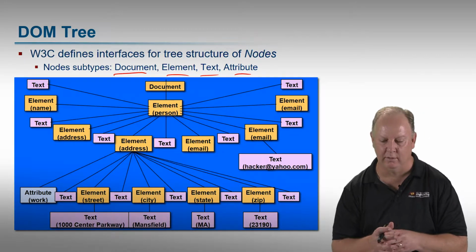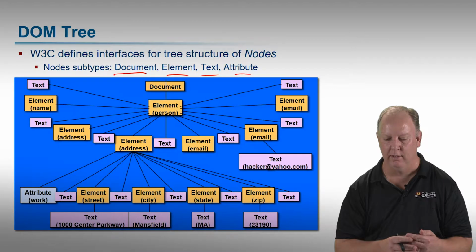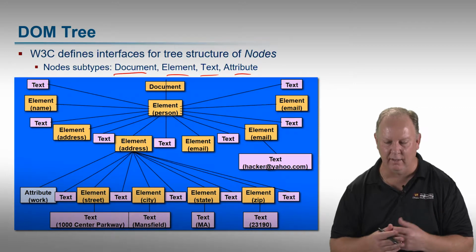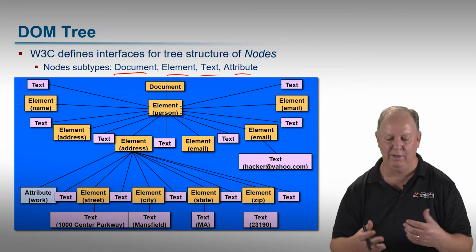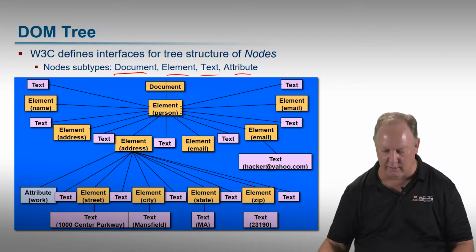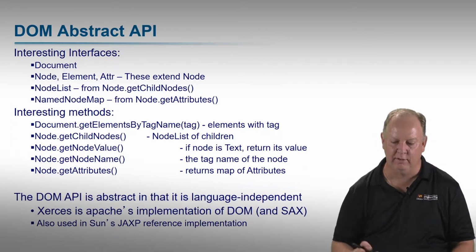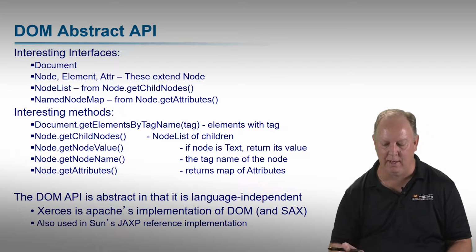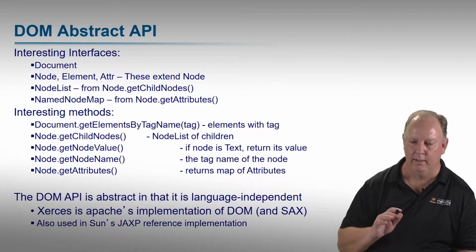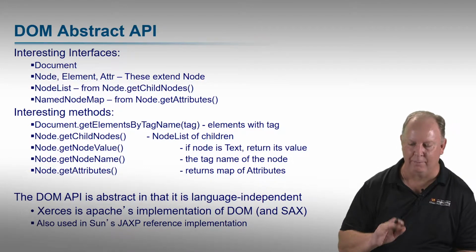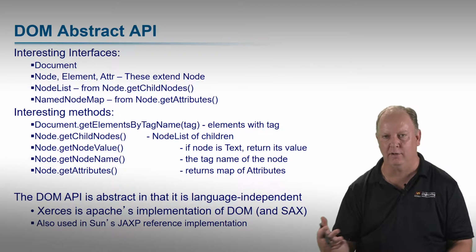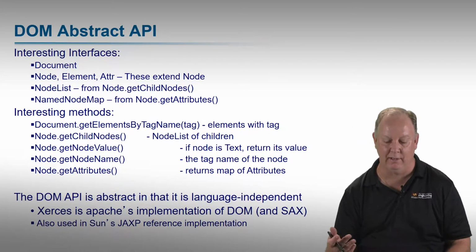This tree is visually represented a bit different than what we had up above, but you've seen one of these before. So our goal with DOM-oriented parsing is to load in the document, convert it in memory to this kind of structure and hold it in memory, and then you basically have a traversal API to traverse around and find the things that you want in the document. That's what DOM parsing is about. The W3C defines an abstract API. What do you mean by an abstract API? An abstract API is language independent, all right? It is not bound to Java, it's not bound to C, it's not bound to Python. It's an abstract API that has different language bindings specified for it by different implementation folks.